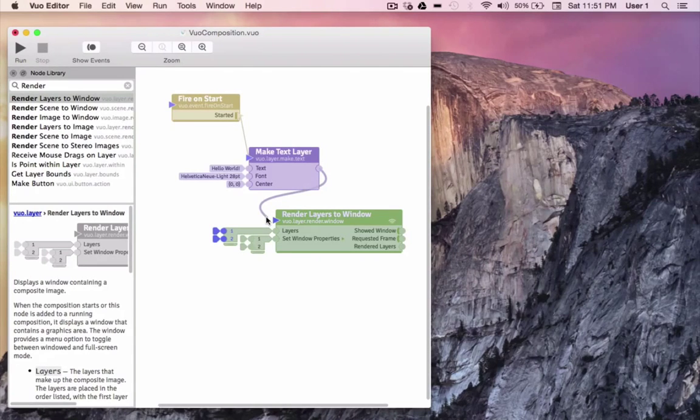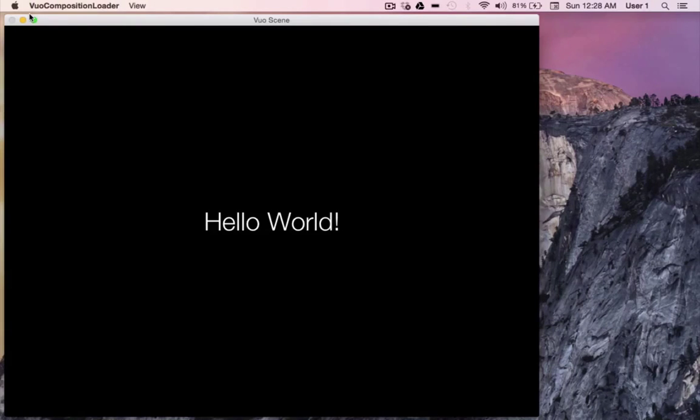And when they receive an event, they cause the node to process the data that is already present within the node. Since we want to input new data into this node, our text layer, we're going to bring our data plus event down to the layer's input port. Now we're ready to go. I'll go ahead and press run, and there we have it.